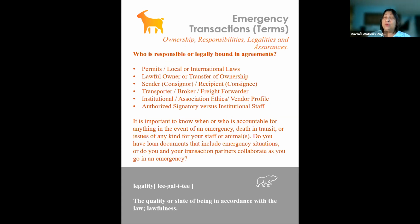Also, there's been discussion about who's responsible for what. At certain times, you may have an animal on loan that needs to be moved. If you think about that ahead of time and maybe include in your loan agreement where you want this animal to go in the event of an emergency or if it needs to be evacuated, it's going to help your zoo out a lot faster. You can say, hey, we're in that situation, we're going to move this animal to so-and-so zoo or back to you, whatever their wishes were. Also, during transport, the sender is the one that's responsible for sending the animal. Once the animal is received by the receiving institution, they have to fill out, if it's an APHIS 7020, did it arrive alive? Some of those things